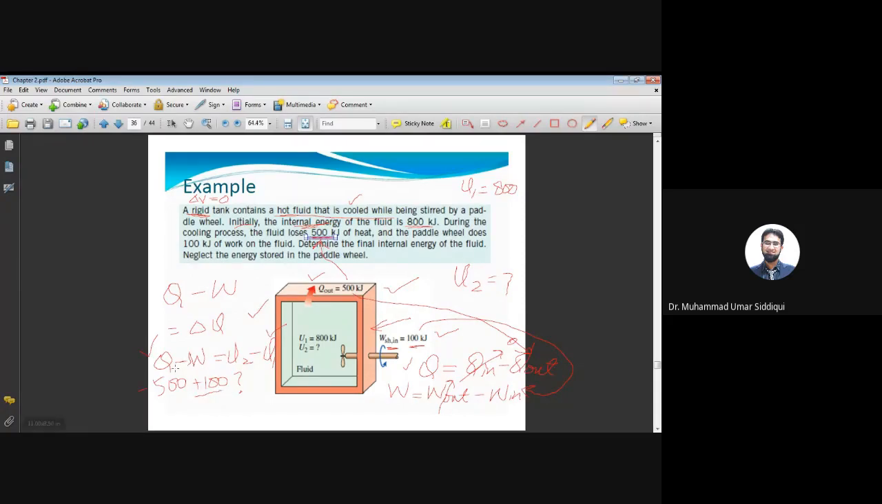And then this negative multiplied by the negative within the formula of the first law of thermodynamics becomes positive 100. Okay. So if you just,